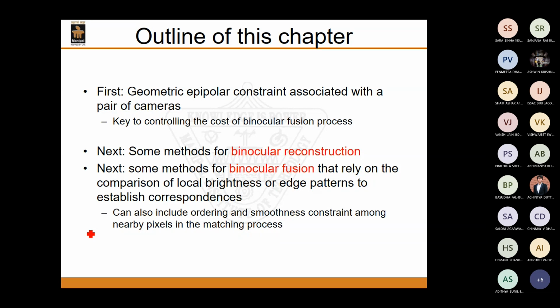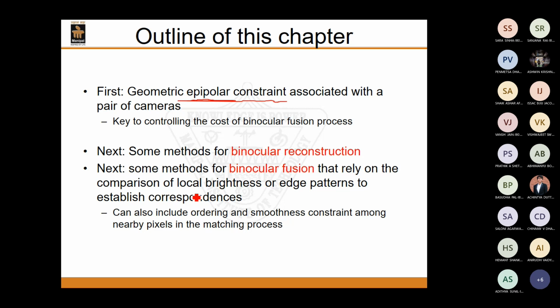So what we discussed was that in stereopsis, the prior information that we assume we know is the camera parameters. We assume that we know the camera parameters, and with that we find the correspondence between points and then try to reconstruct the particular 3D point, right? So knowing the camera constraints and using the epipolar constraint, first we try to find out the